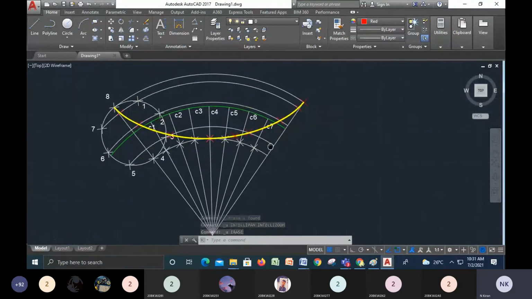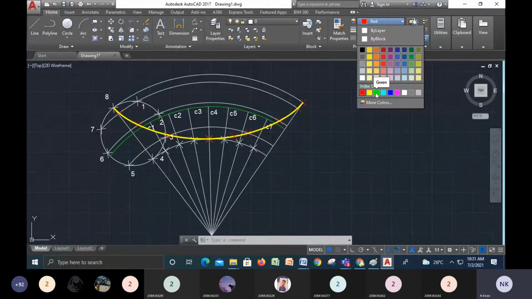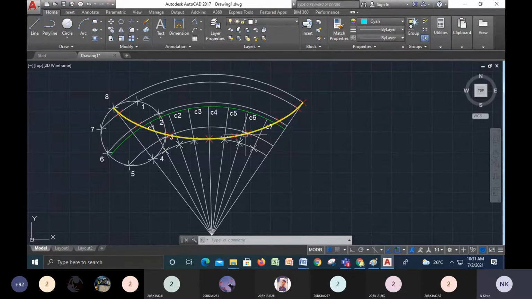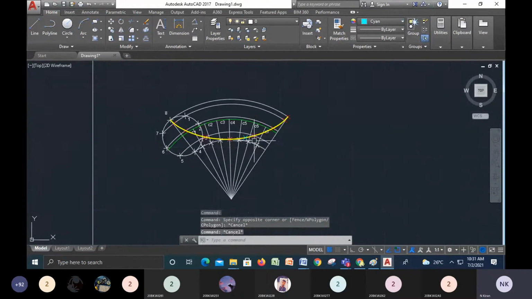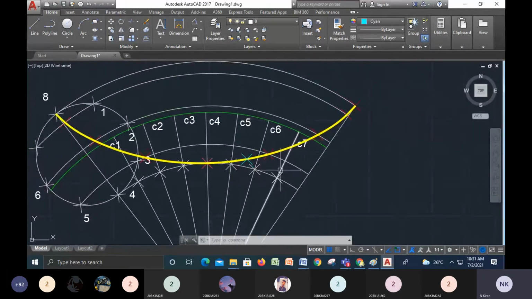Now, what I will do, I will set this. This is the point, so let me change the color of that one. Some blue. I have selected the point here, which is in the blue color. Here you can see on the hypocycloid. Now I want to draw a tangent and normal to the particular point.